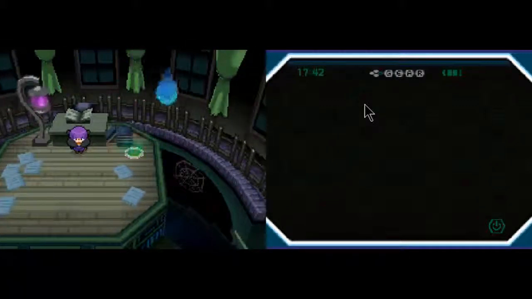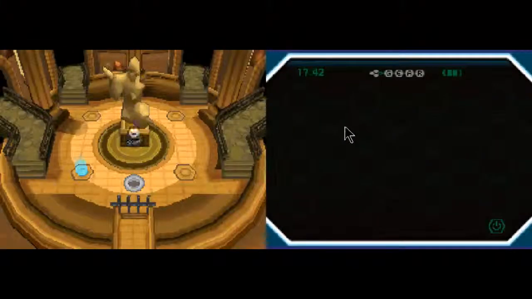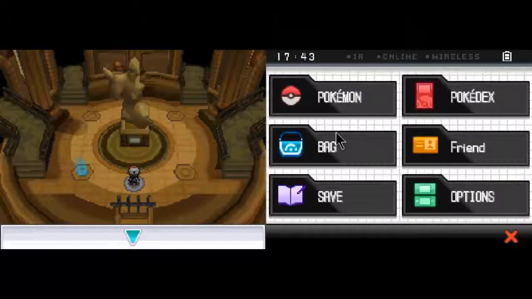Well, that was fun, wasn't it? Fun and surprisingly easy. I was expecting it to be a lot more difficult. Well, I'm going to cut the video here. I'm going to heal up. Then we're going to be heading into the next member of the Elite Four, which should be Grimsley, the Dark type,